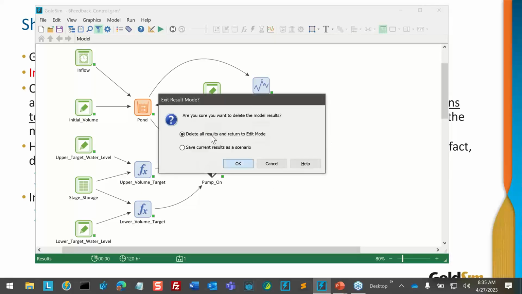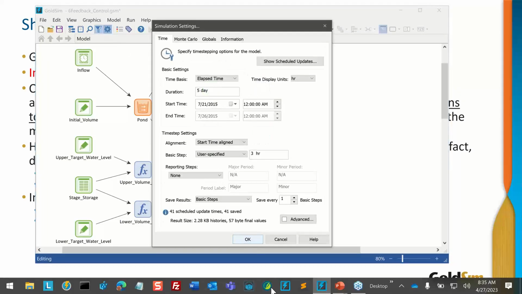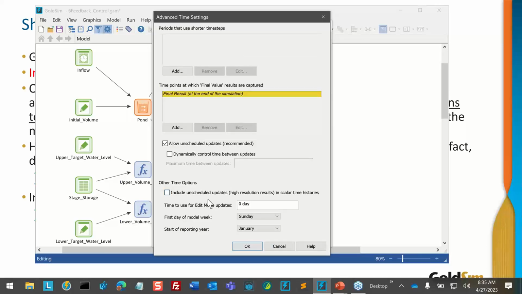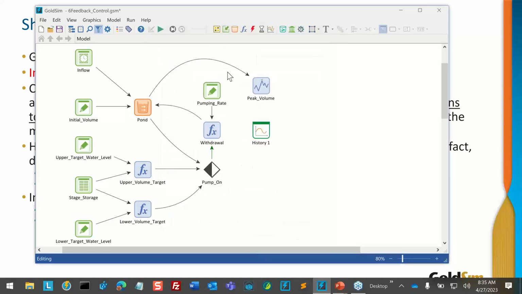And now let's run this model. There are two ways we can change this model. One is we can turn off unscheduled updates, and I'll do that. That's the simplest thing to do. I'm going to turn off unscheduled updates. And now if we run the model,